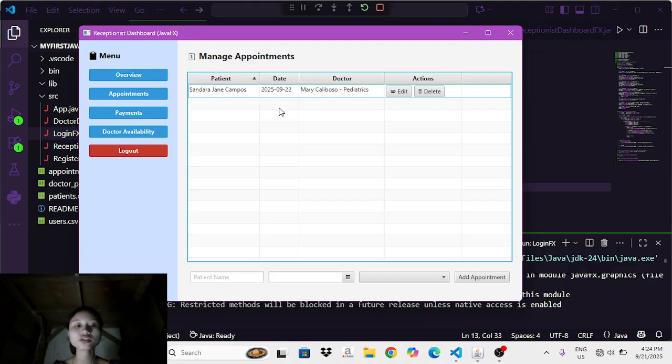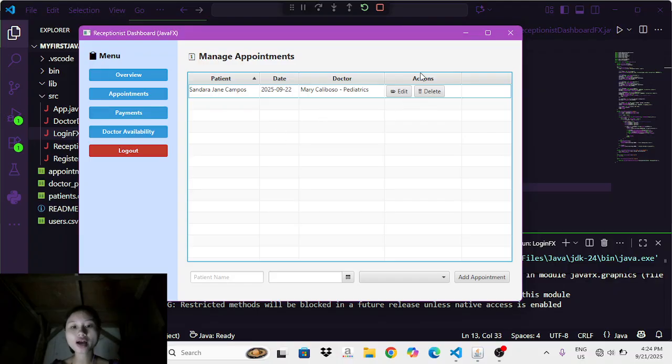As you can see, the new appointment is immediately added to our table. This action also triggers a save function, writing the updated data back to the appointments.csv file, so our changes are persistent.